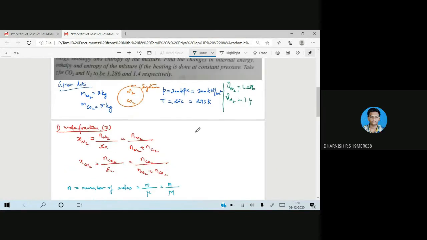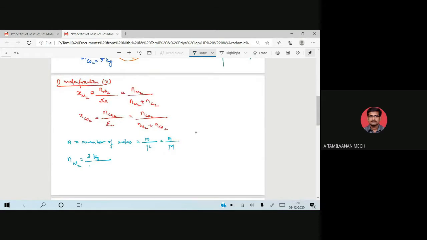28, that is kilogram per kilogram mole. So finally you can get n of N2 is equal to 3 by 28, how much? 0.1071. n of N2 is equal to 0.1071